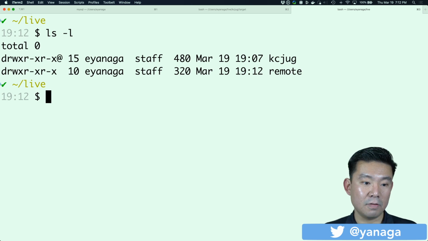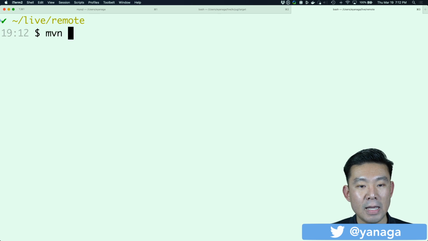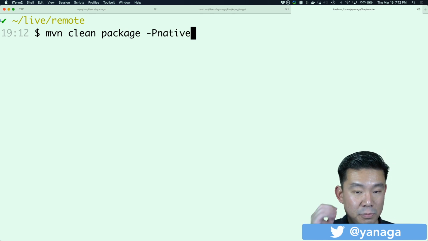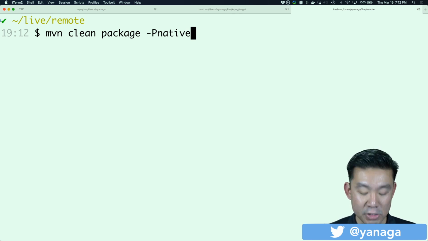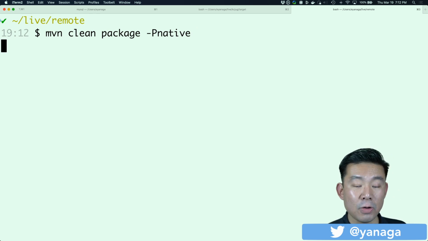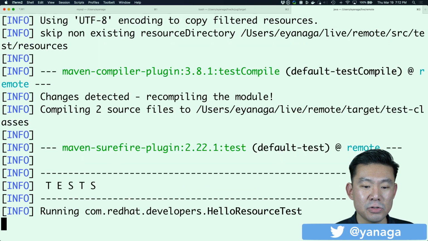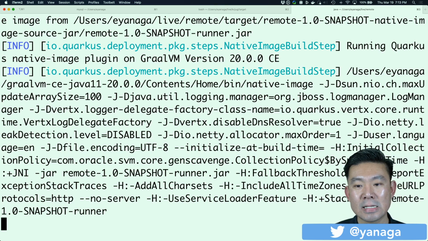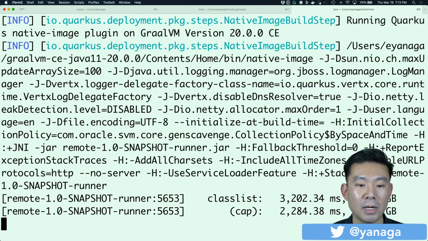If I go back here to my folder, I can say mvn clean package, and if I enable the native profile, my project is going to be compiled using GraalVM. It's going to generate a native executable image, which means that since I'm running here on a Mac, it's going to produce a Mac native executable image. Let's run here. If you ever used GraalVM before, you know that making your project compile successfully using GraalVM can be very complicated. Actually, most of the projects can't be built successfully with GraalVM, or else you need a very long configuration for your GraalVM compilation.